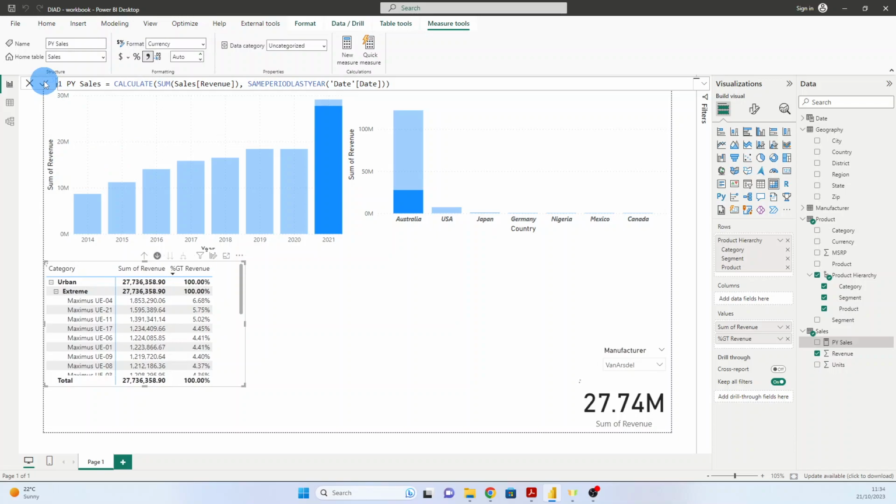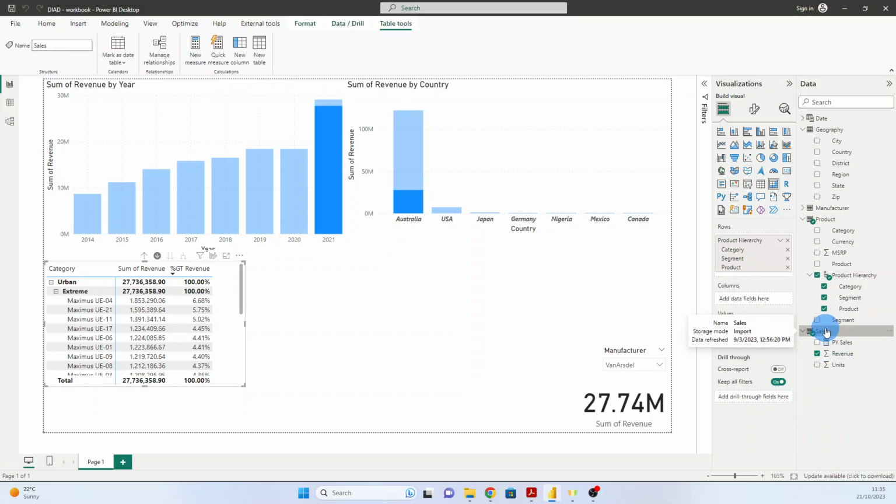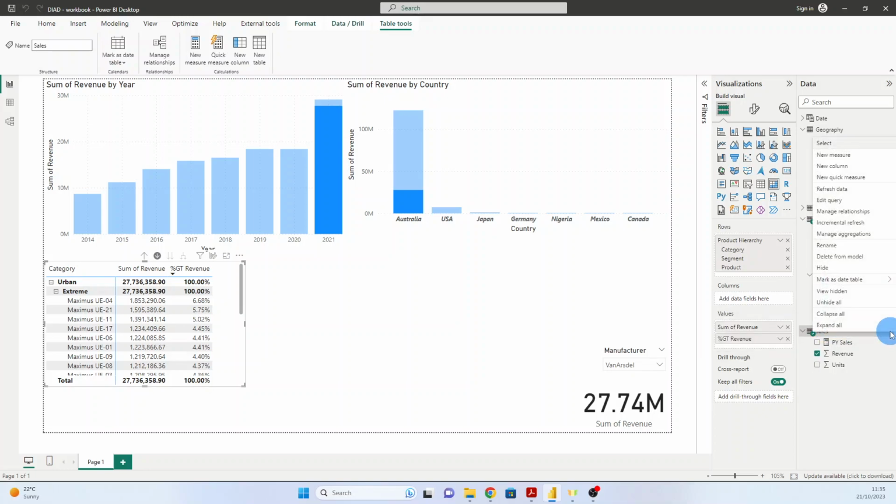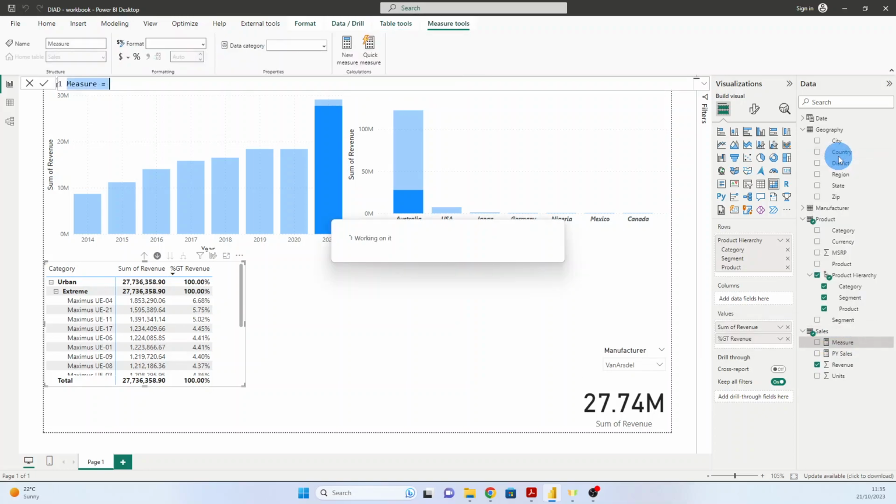We check here, and now the measure is created. We see it here. It appears with this calculator in the left part, which distinguishes a measure from a normal column of the table. Now let's create another measure using a different method. We select again the sales, okay, and we go here to the ellipsis and we say new measure. And here we put the following formula: